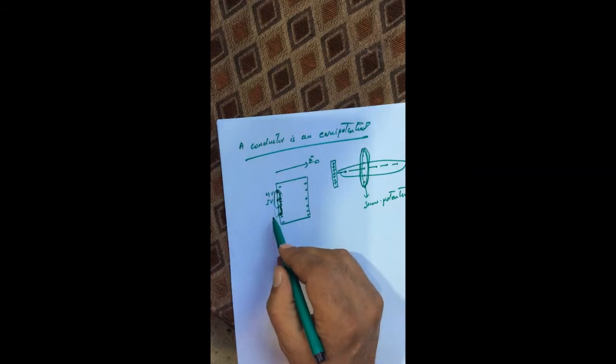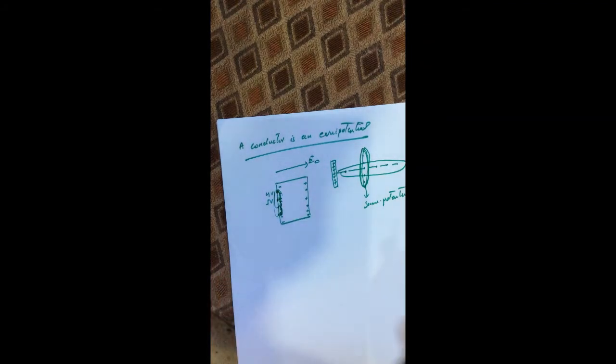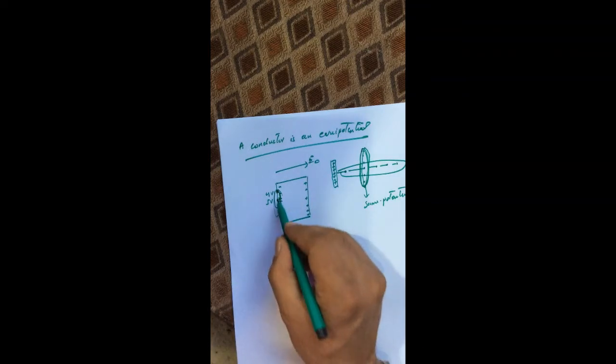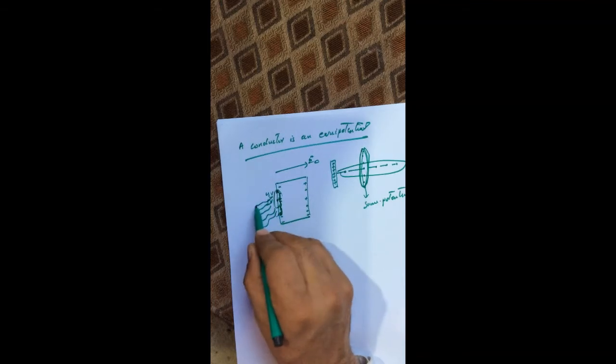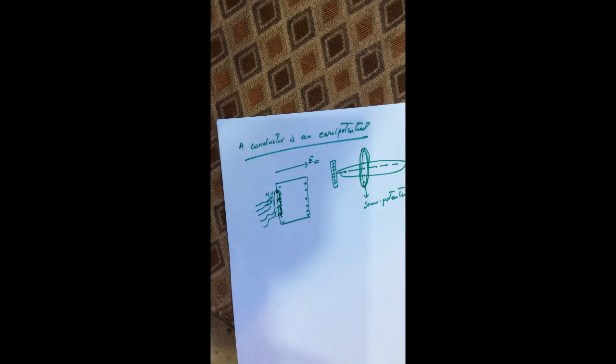This conductor has a resistance. The electron will collide with the ions or the atoms of the conductor, so it will dissipate energy. So energy will be continuously released, which is again the law of conservation of energy. So the law of conservation of energy